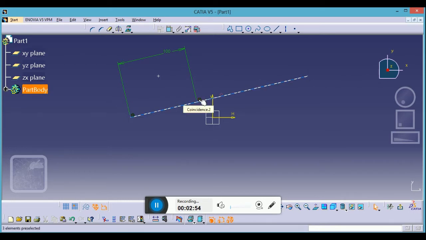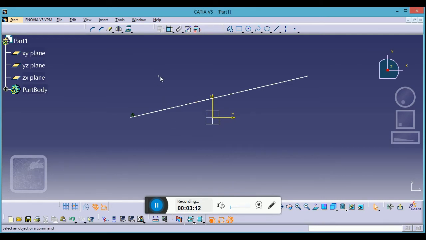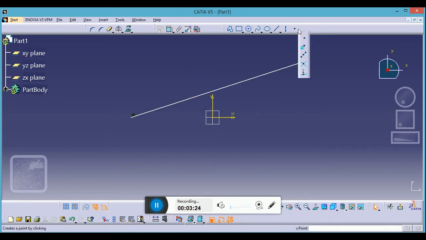What about the fixing and all? We will be learning that in the constraint videos, in the next videos. That will also be very important for you, because generating sketches without dimensions is not the way we work, because everything we make in CATIA is with dimensions and proper constraints. So those videos will also be very helpful to you. And this was the very first command.